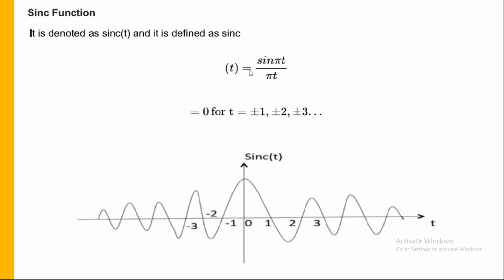Suppose I write sinc x equal to sine pi x by pi x, sinc t equal to sine pi t by pi t. Now try to understand this portion after sine: whatever variable you have, the same variable should be there in the denominator also. But pi should be there, and whatever variable we have, sine pi x by pi x, you can call it sinc x. But if it is sine kx by kx, you can't call it sinc x. So definitely you should have pi.